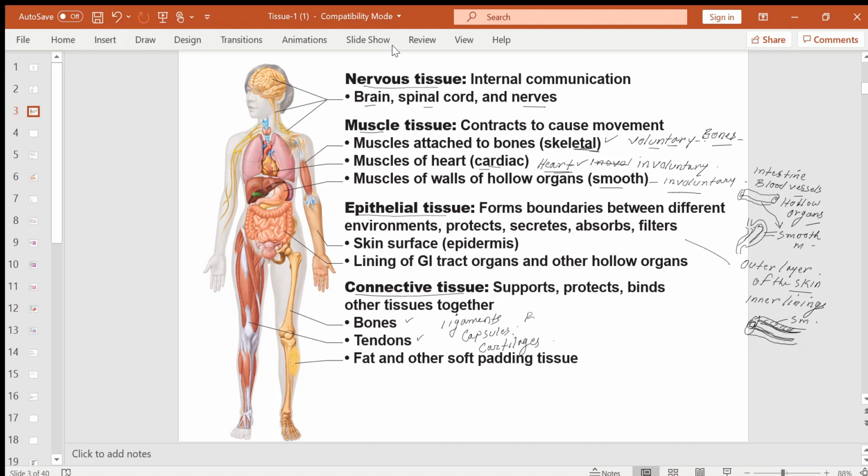Blood is also a connective tissue. Fats. So all these structures are formed by the connective tissue. So connective tissue is the most widely distributed tissue in the body, and in many different types of organs or structures you have the connective tissue. Okay,